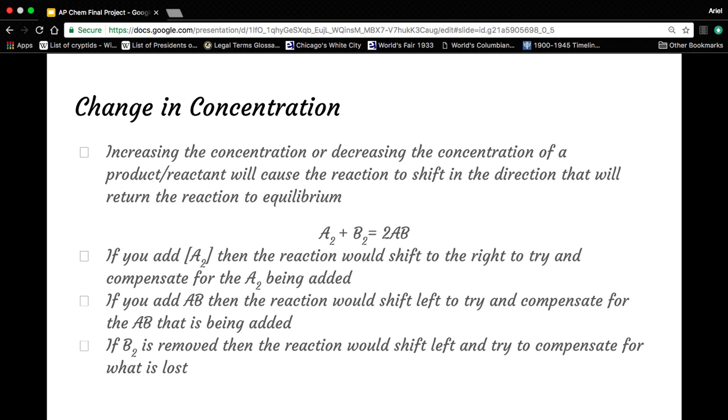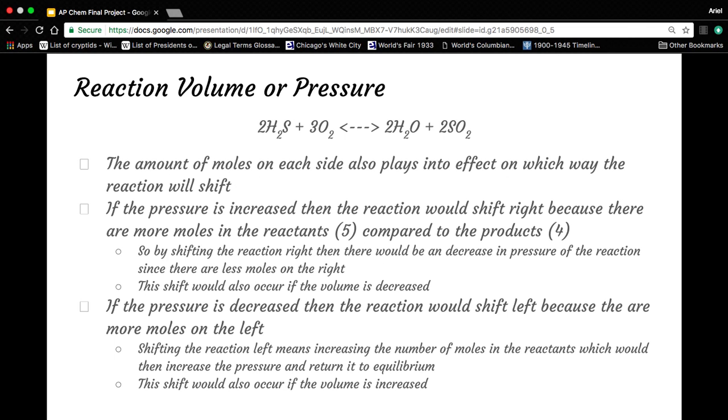And so we're going to go on to the next factor, which would be the reaction's volume or pressure being changed. The reaction is 2H2S plus 3O2 yields 2H2O plus 2SO2. The amount of moles on each side comes into factor on which way the reaction will shift. So if the pressure is being increased, then the reaction will shift right because there are fewer moles in the products than there are in the reactants. By shifting the reaction right, there would be a decrease in pressure